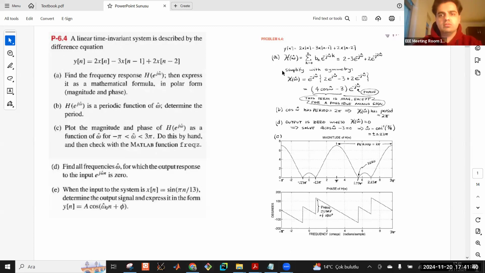Before I begin, I want to remind you of an important relation. We have already seen the difference equation. In the difference equation, we represent the signals in the time domain. Frequency response and Z-transform are representations of these signals in different domains. And there is an important relation between those three. The coefficients of